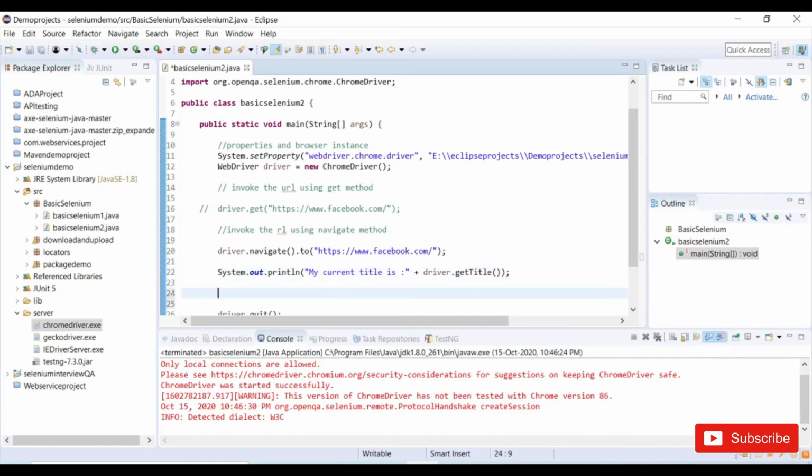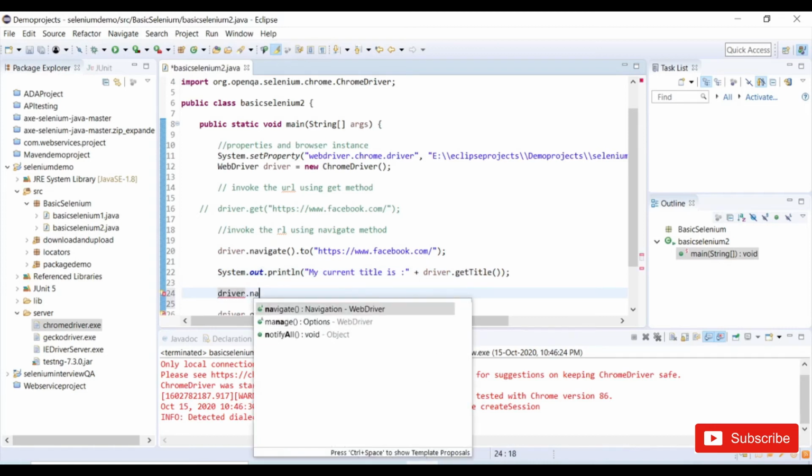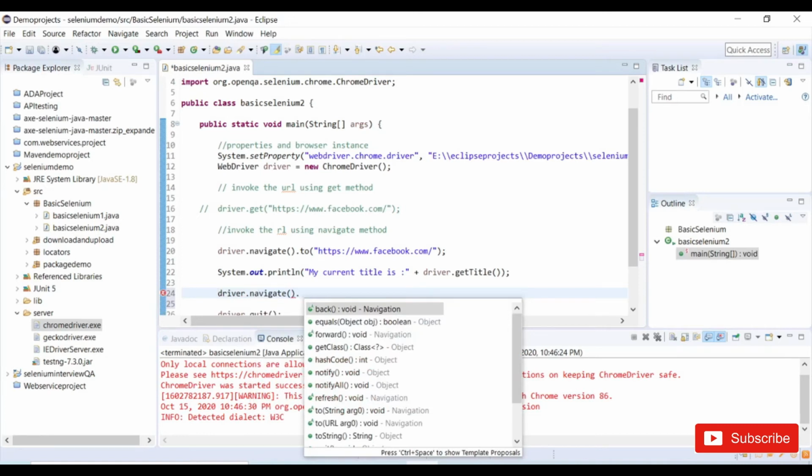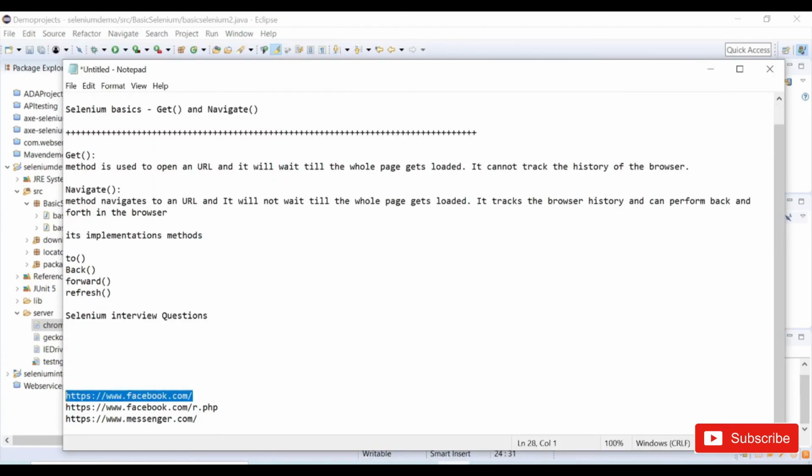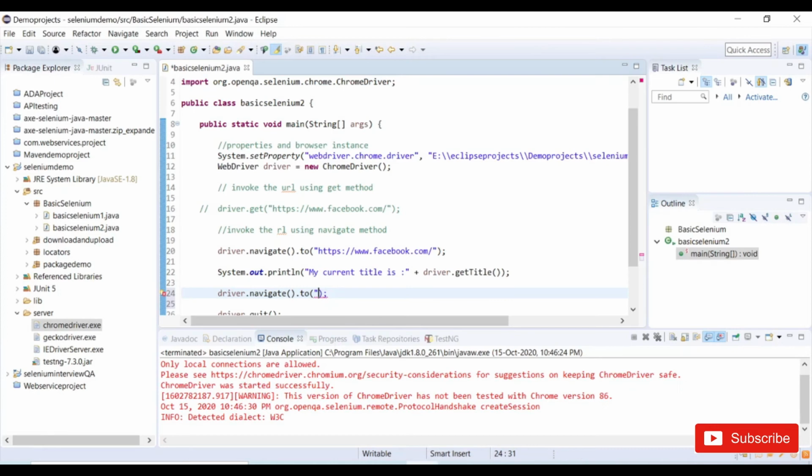And again I will try to invoke another URL using navigate only, navigate dot to. Now in this I will try to give a different URL. This time I will give the Facebook Messenger one, and here I will paste it.